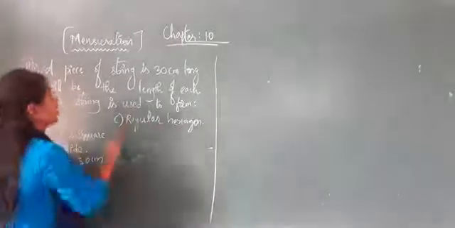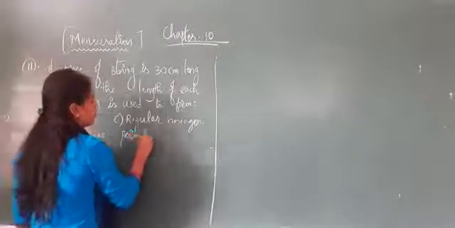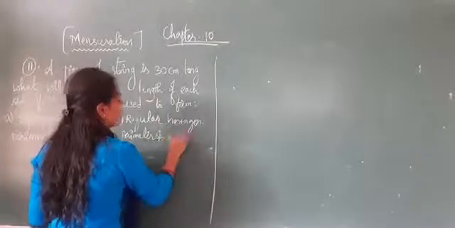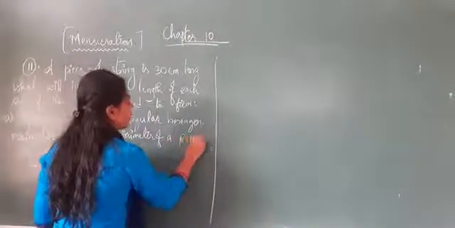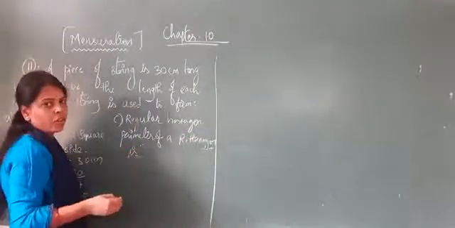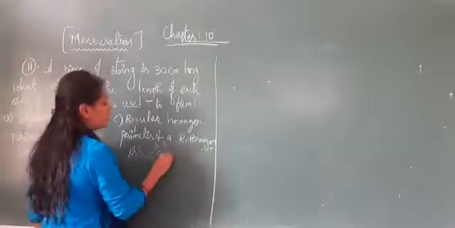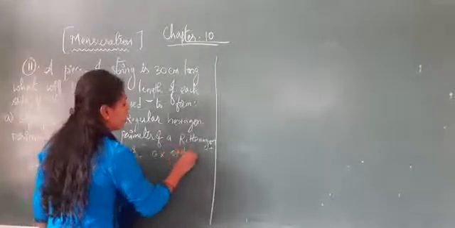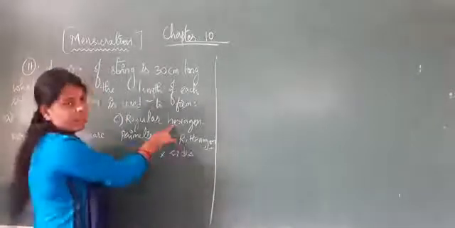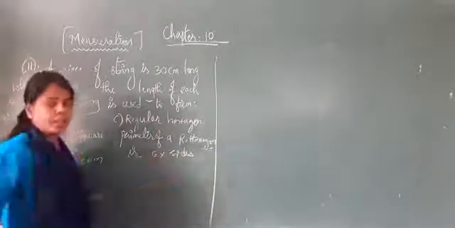So the third one is given, regular hexagon. So write the same thing. Perimeter of a regular hexagon is, what is the formula here? We already discussed in your introduction class, that is 6 into side, because a hexagon is nothing but 6 sides. So for a regular hexagon it will come as 6 into side.